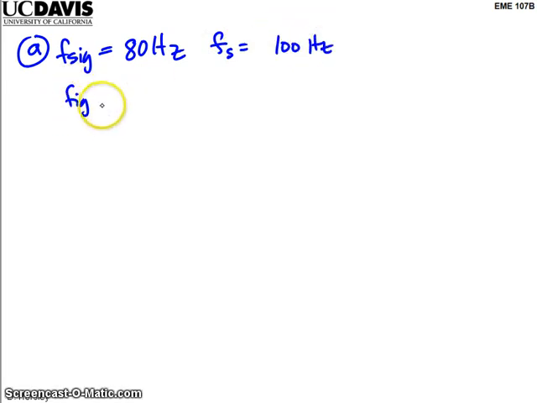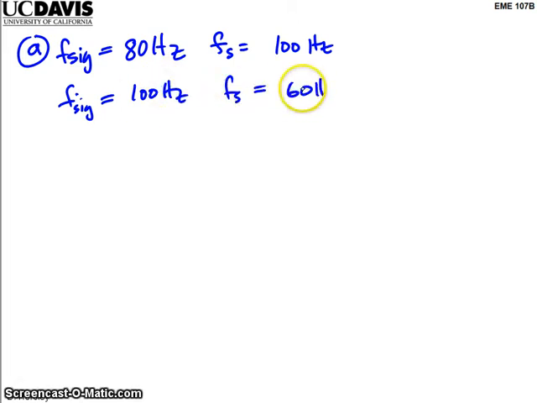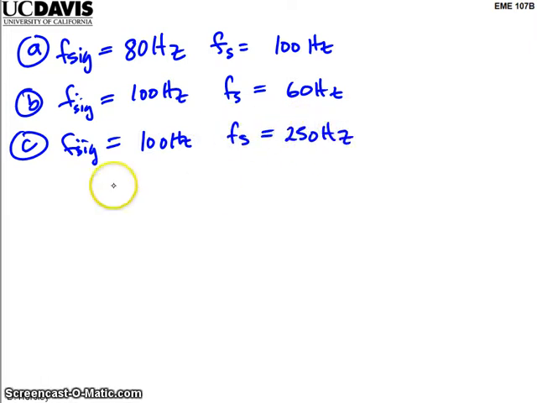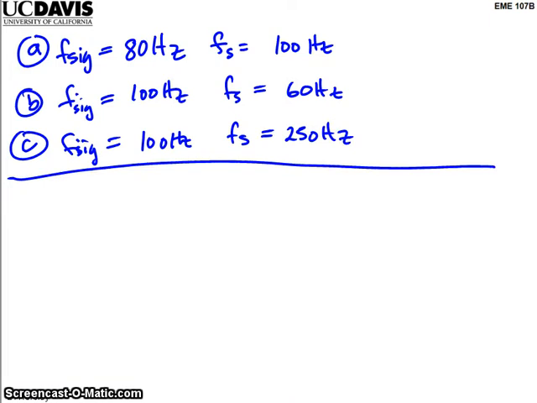And the second case, the signal is 100 hertz, and fs is 60 hertz. And then the third case has the signal equal to 100 hertz, and the sample rate is 250 hertz. Okay, so here's the solution